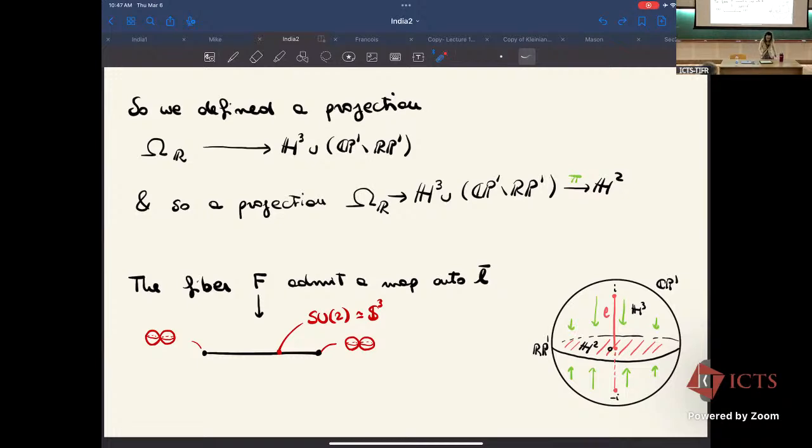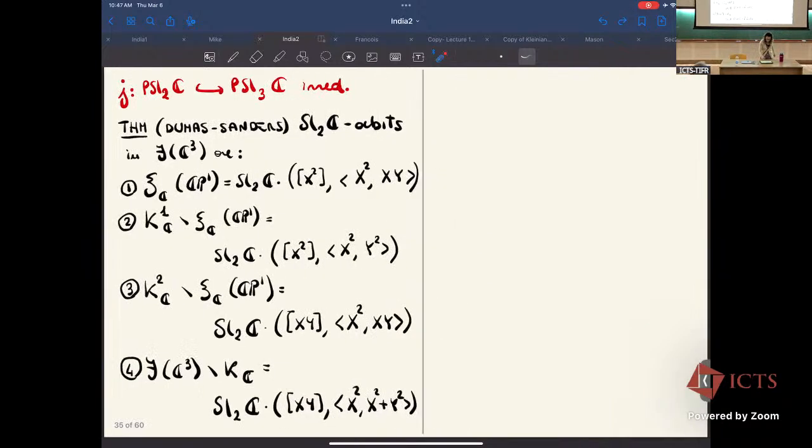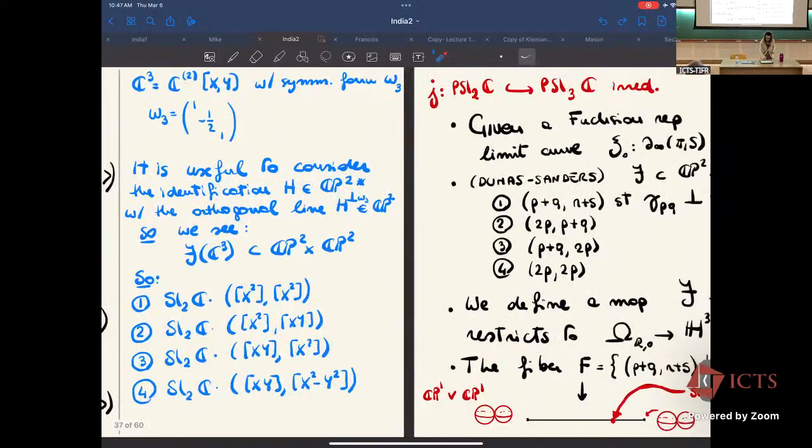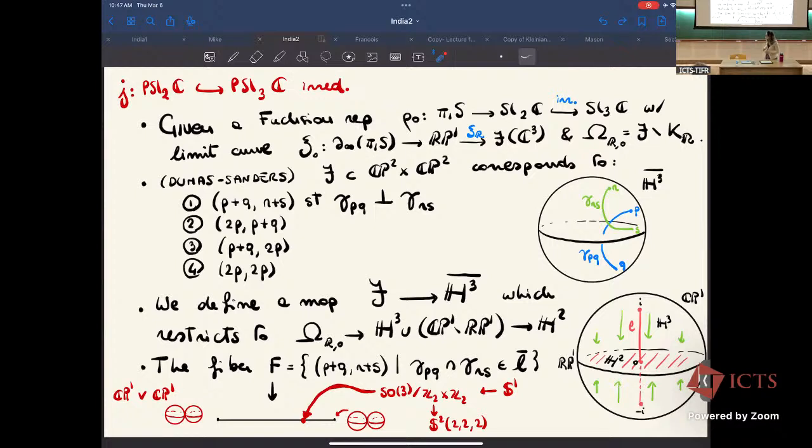Okay, so maybe I'll skip the irreducible case, but let me just draw the picture. In the irreducible case, what's happening with the analysis is that instead of the generic point being tetrahedra, for the irreducible case here you have two orthogonal geodesics in H3. So the space in the irreducible setting, in this case our fiber, what this space is, is SO3 mod